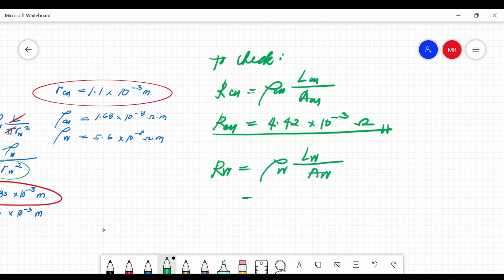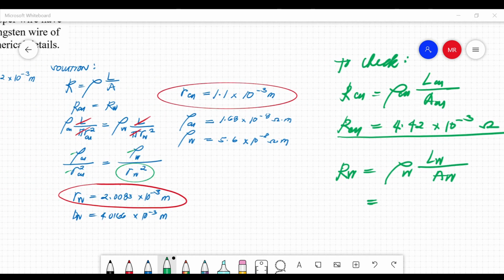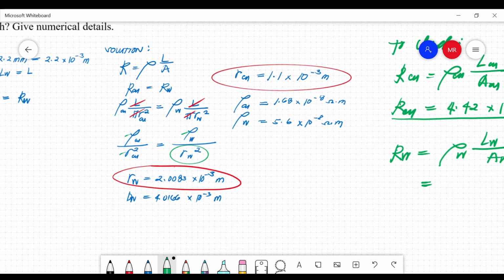The resistivity of tungsten is 5.6 times 10 raised to negative 8, multiplied by the same length, 1 meter, over the area, pi r squared, where the radius of our tungsten wire conductor is 2.0083